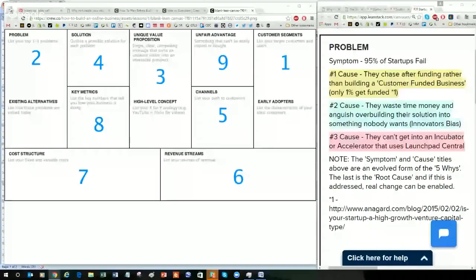Okay, so this is what the Lean Canvas looks like. This section over here on the right is something I'm going to talk about a little bit later. But the Lean Canvas is essentially, you start off with who is your customer segment, list your target customers, and then you go to the problem. What problems do they have, existing alternatives, and then you move to your unique value proposition. But actually, I like to do number 4, solution.